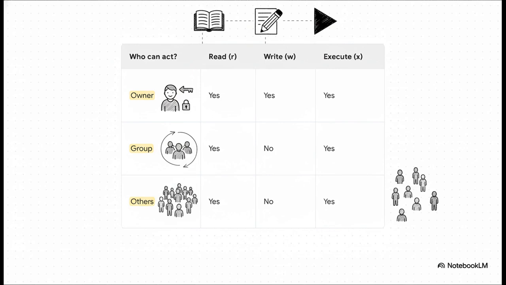And these permissions, read, write, and execute, they get assigned to 3 different kinds of people. First, you've got the owner. That's usually the person who created the file, you. Then there's the group, which is a specific team of users that you can define. And finally, you have others, which is basically everyone else. This system gives you amazing fine-grained control over who touches your stuff.